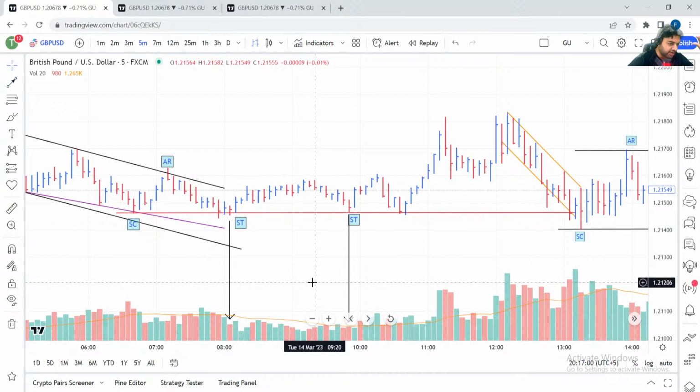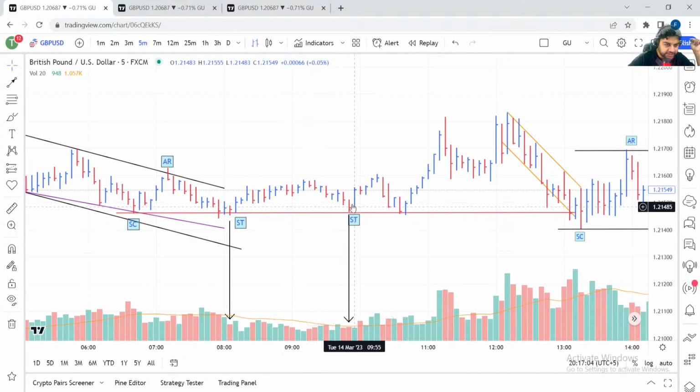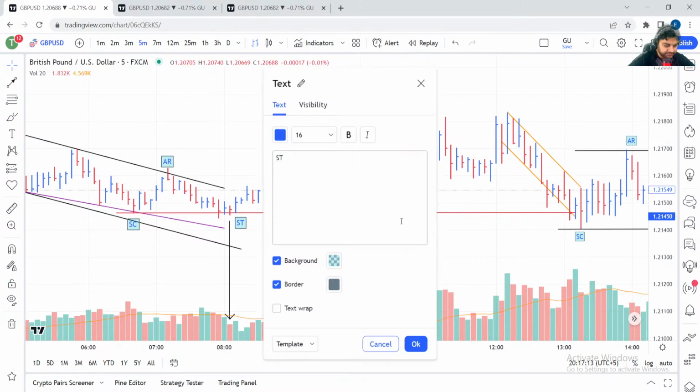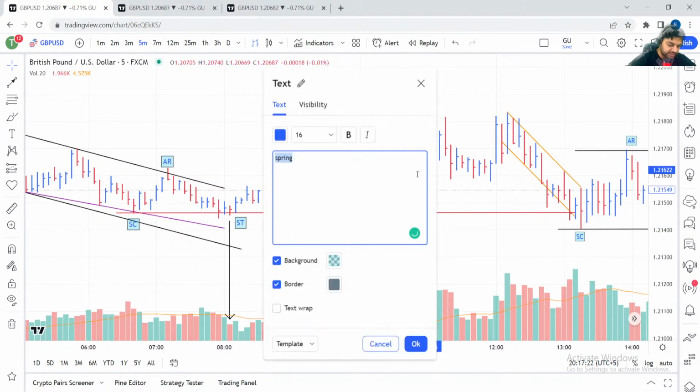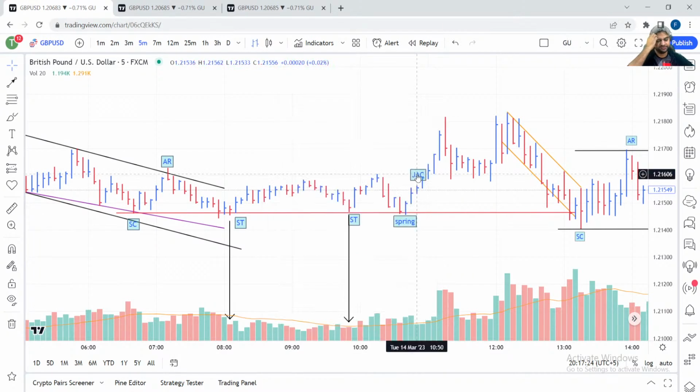Mid close red bar on support, high volume. What's this? This is bag holding bar. If you buy, market goes up, but it falls down one more time. What's this? Spring, guys, spring. Just buy at the spring one more time. And then what's this? This is jump across the creek, right? Jump across the creek. And then what's happening over here?